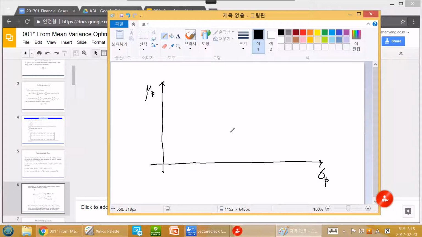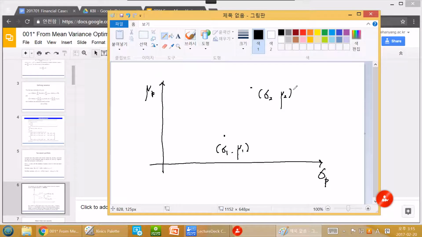The first asset is somewhere here, with this sigma and this expected return. The second asset is somewhere here,